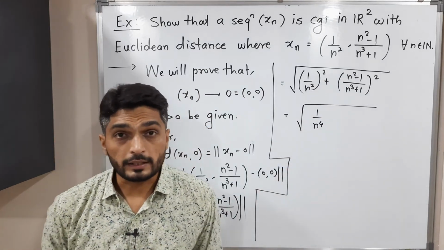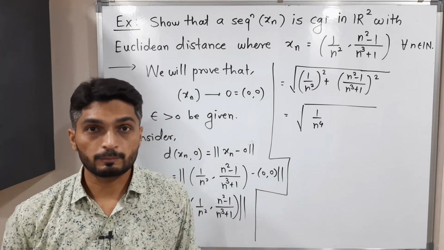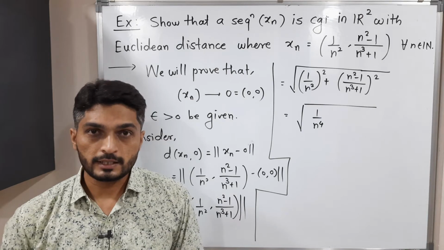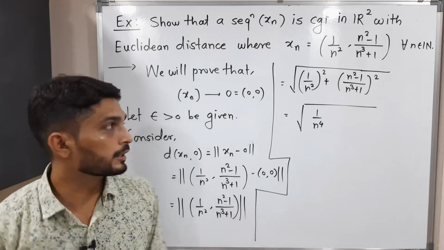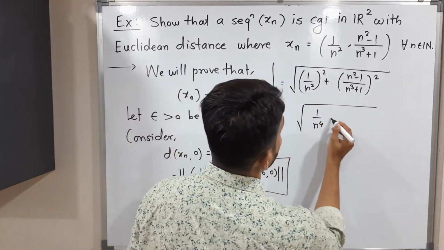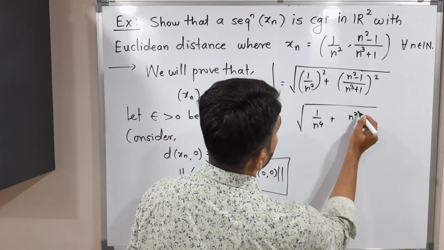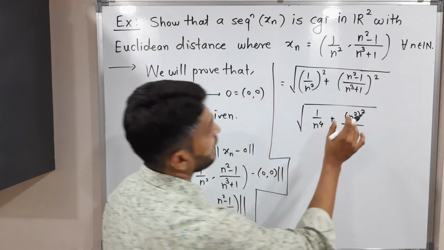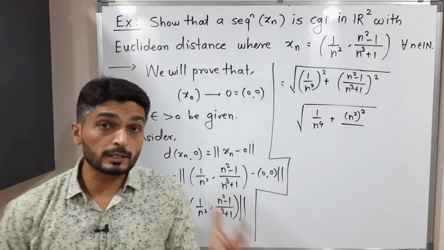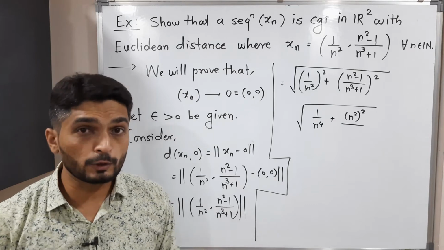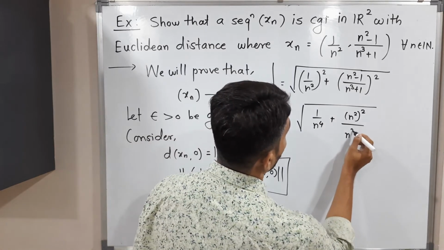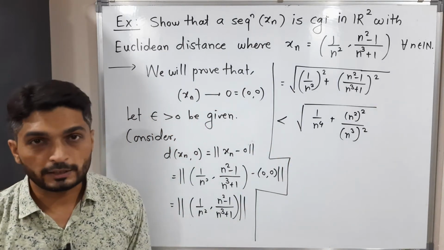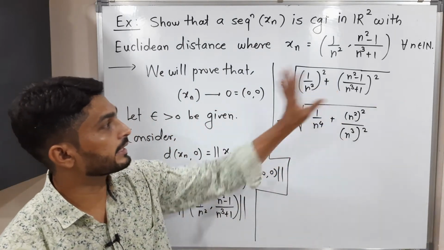You know that if I increase the numerator, the value will increase. If you reduce the denominator, the value will increase. So I'm going to do both things here. I'm going to replace n square minus 1 by n square, so the numerator is increased now. The square is there, obviously, and I'm removing this 1 from n cube plus 1; I will replace it by n cube only. So I'm reducing the denominator, right? So the value will get increased. So obviously we will have this type of inequality: strictly, this one is strictly greater than that one.